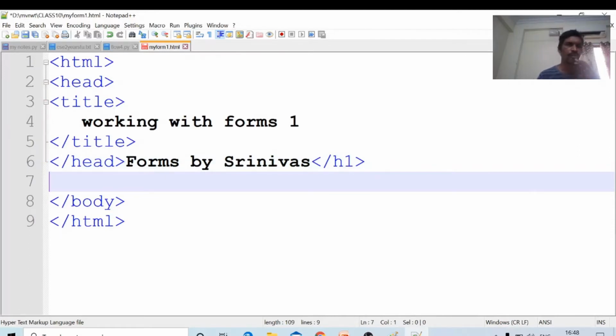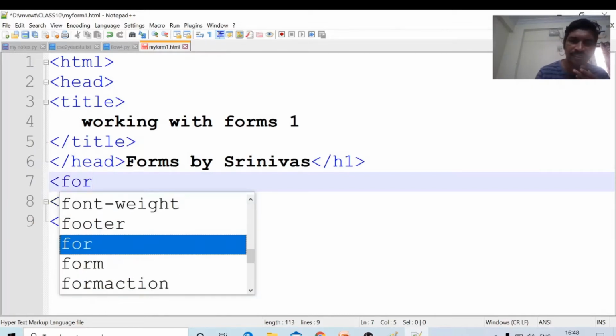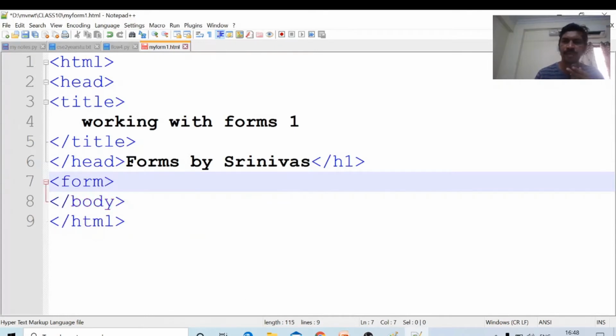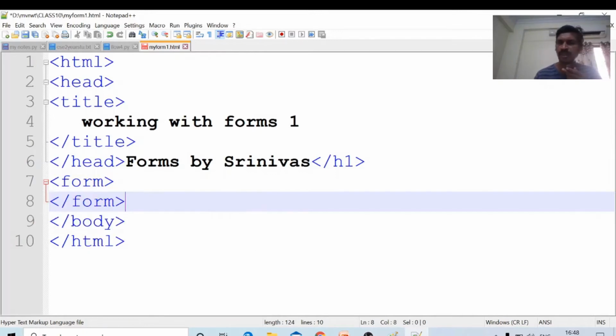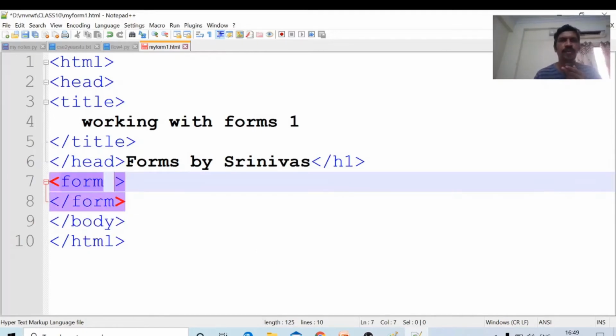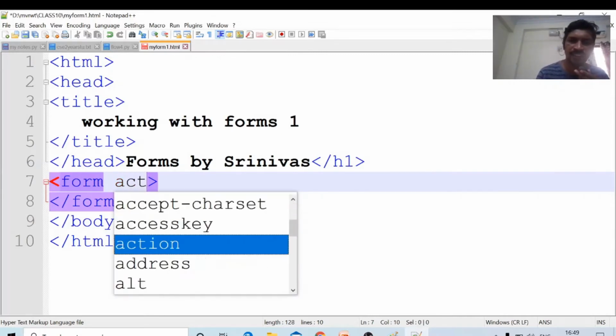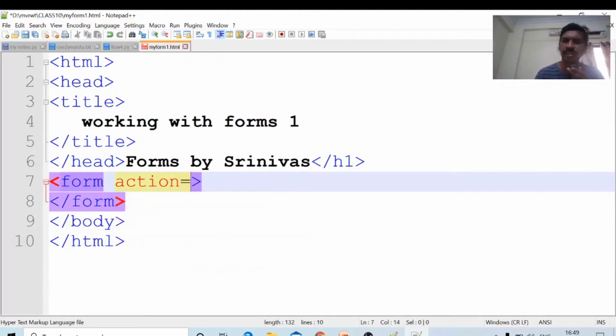Okay, now the topic starts. Now the cinema starts. In this movie, the forms movie, every form contains a starting tag of form, and the last tag of the form is /form. In later topics, we will get to hear other attributes also. Those are action. This is the basic attribute we will see in other topics, in unit 2 and unit 3. This is the important attribute, without the action attribute. Okay, another attribute is method.